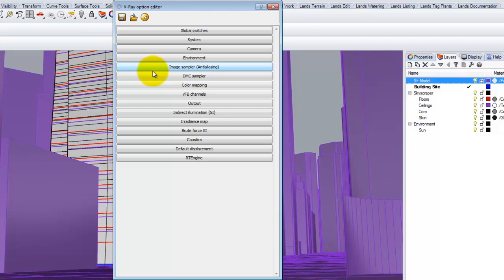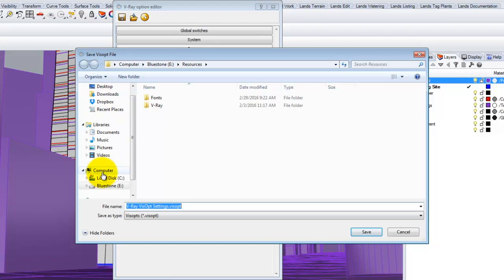Sometimes V-Ray just decides it's not going to work anymore. It's good to save your options. So I have a good set of options right now. I like what's happening, so I'm going to click on this Save button. And in today's folder,